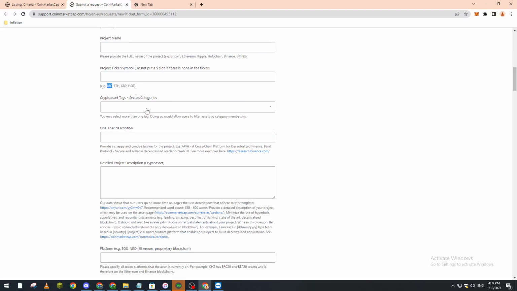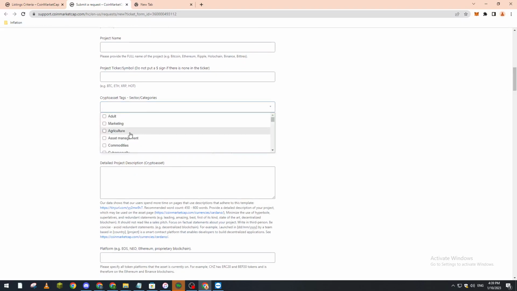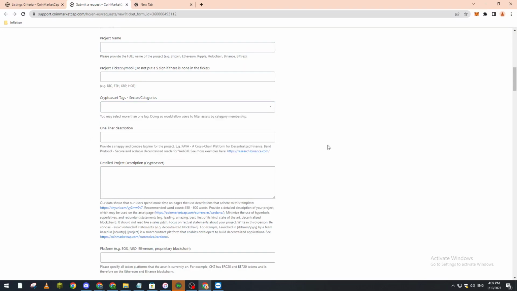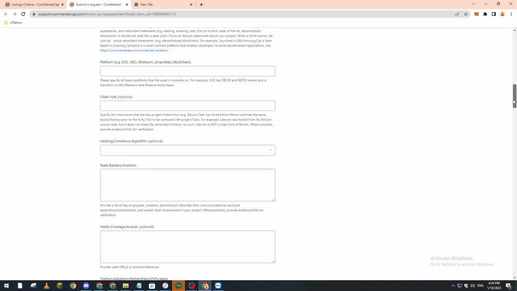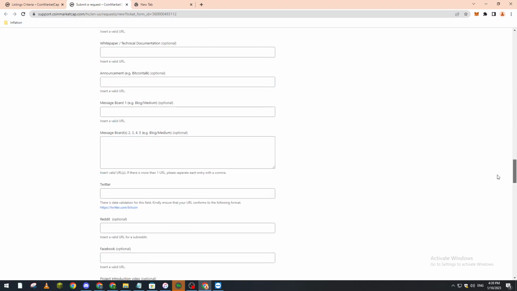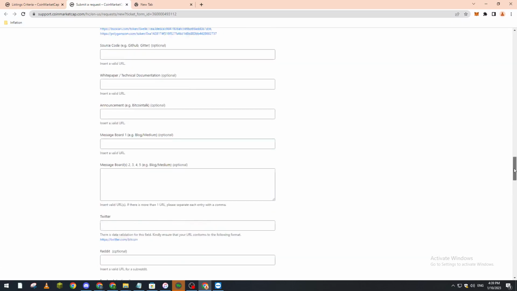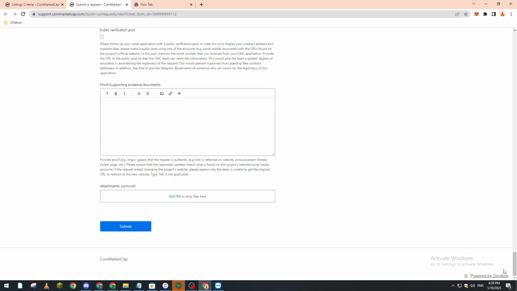And here you go to crypto asset tag, so you add whichever tag you like. Then one line of description, and the list goes on. It's so long, guys, and you must make sure to fill in all of that list in order to be listed